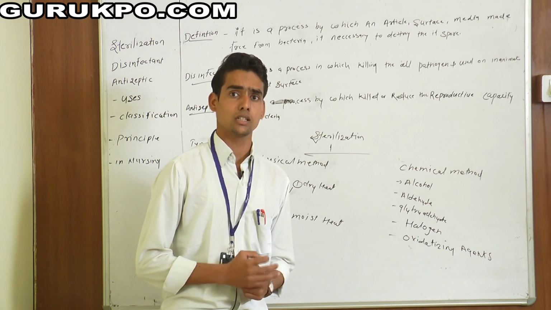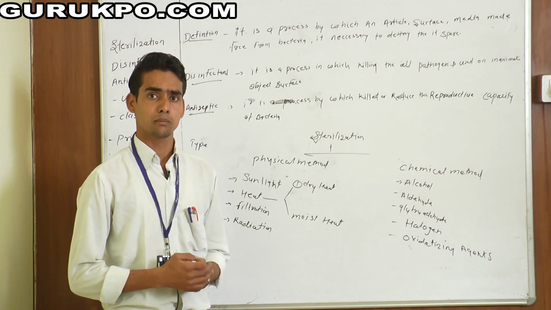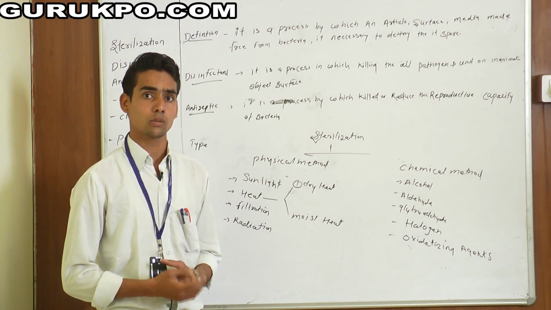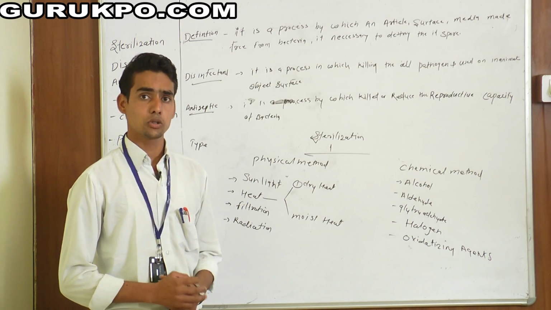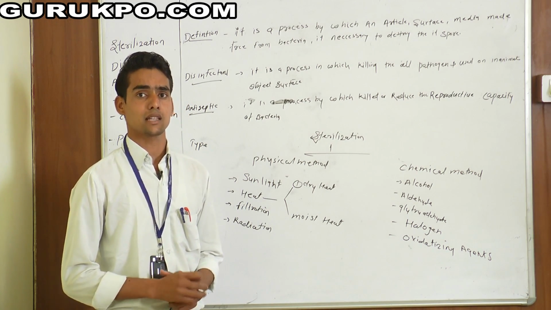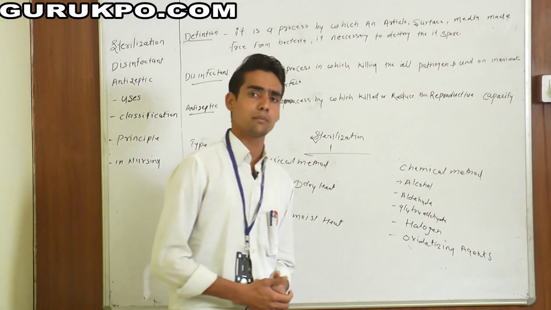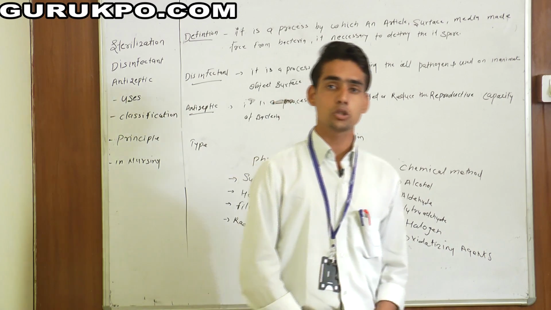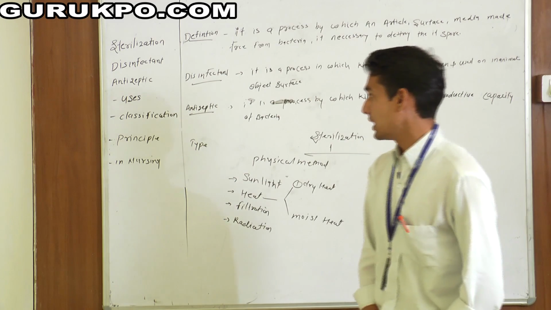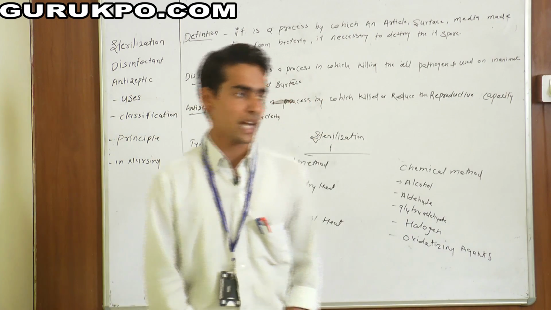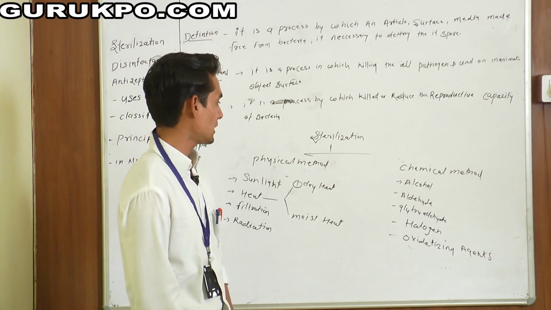Antiseptic is a process in which bacteria that may or may not produce disease are killed. Antiseptic solutions are used only on the skin surface and body orifices to prevent infections. Different methods are used in hospitals for sterilization and disinfection, and they can be classified into two types: first, physical methods, and second, chemical methods.